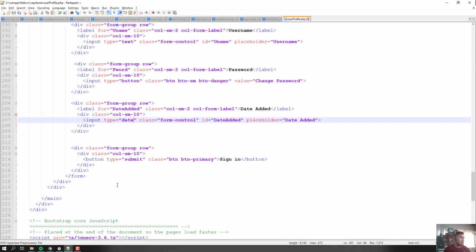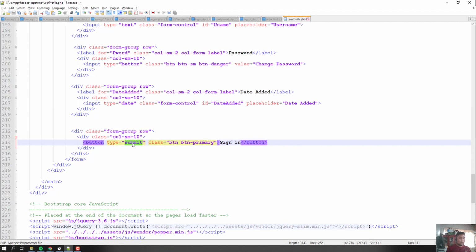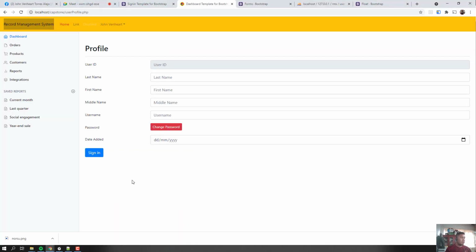So then we change it here to submit, update. Update, and I think it's update already. It's update. So for your user profile, we have to get data